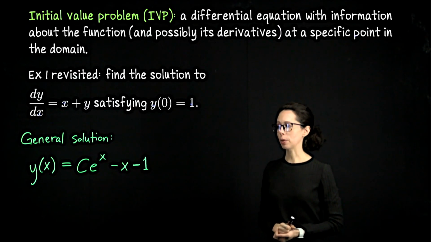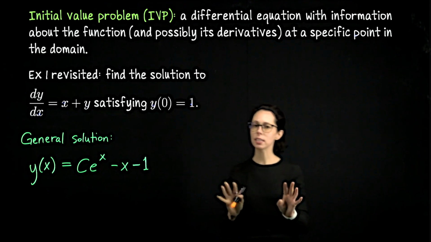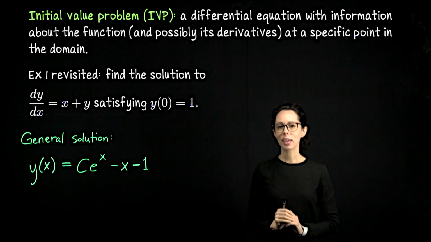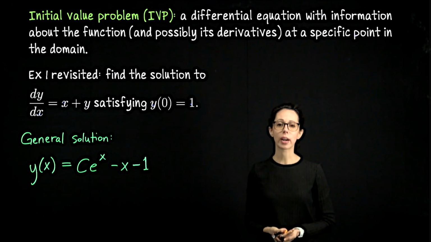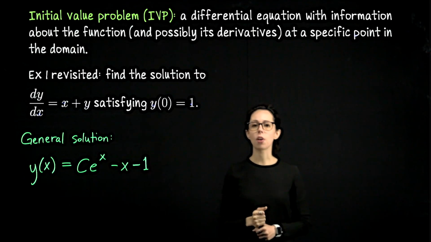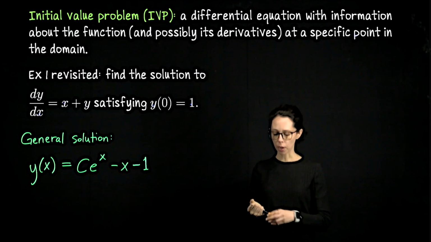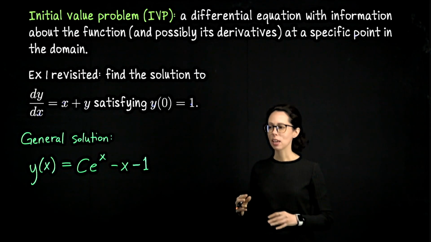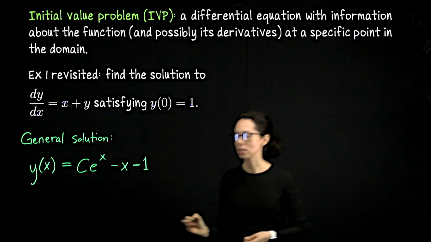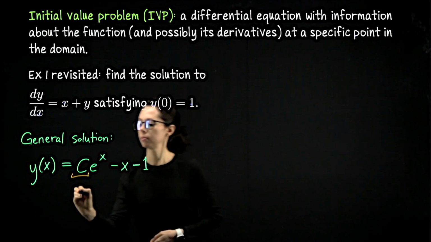Okay, so here's what we're going to do. We had here the general solution to this differential equation. I didn't tell you how I found it because all we want to do in this video is experiment with what it means for a function to solve an ODE, or in this case, solve an IVP, an initial value problem. For an initial value problem, what you're looking to do is find any constants that defined the family of solutions. So we are going to use our initial condition